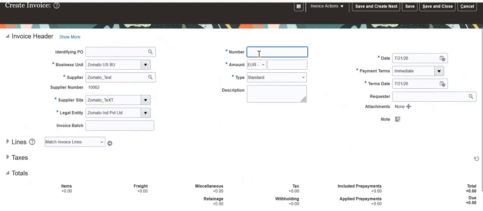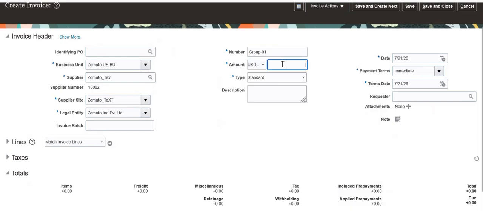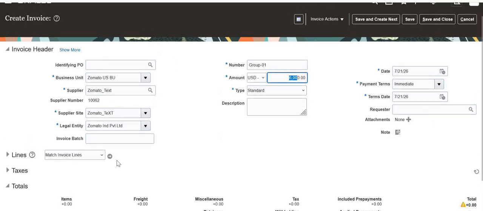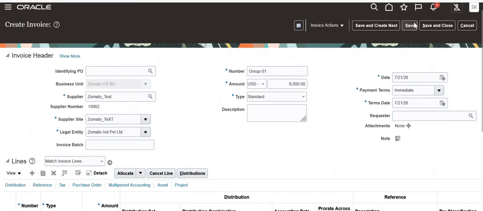Now give your number, group. I'll just write it as group 5101 US dollars, and my condition is above 5000. So my expectation is that this invoice should route to three people, and whichever of the three people takes the first action, that will be the final action. And let's see if my expectation is met or not. 6000, enter distribution combination, click OK,